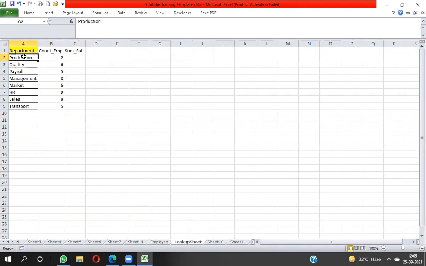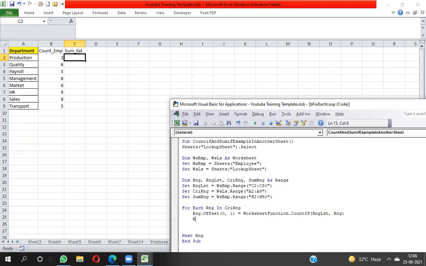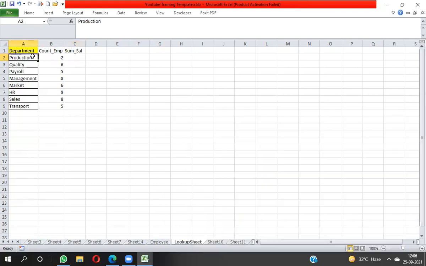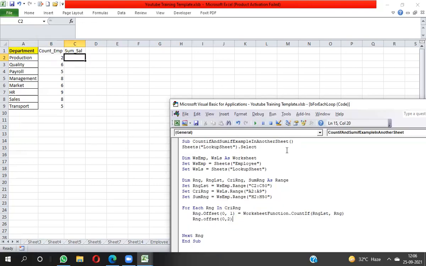From rng I have to move to the right, so I write rng.Offset(0, 2). 0 comma 2 means rng is this one, and a 2 column movement is this one. Now equal to WorksheetFunction.SumIf, where the first parameter is rngLst, the criteria range C2 to C50.